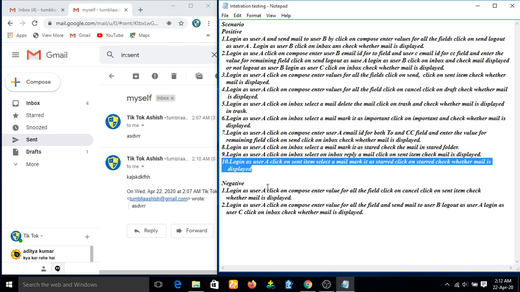I have written this scenario purposefully so that I can show you that whenever you test an application, you might write the same scenarios two times.